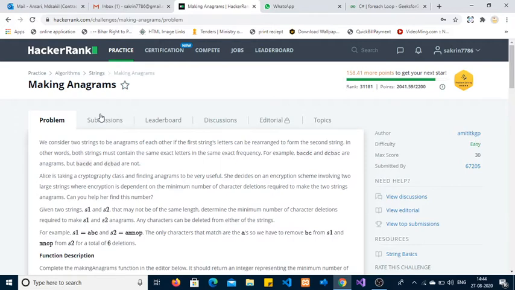A string is called an anagram of another if we can rearrange the order of the string and it will be the same as the second string. For example, given BACDC and DCBAC, both strings are anagrams of each other because the frequency of a specific character, like B in the